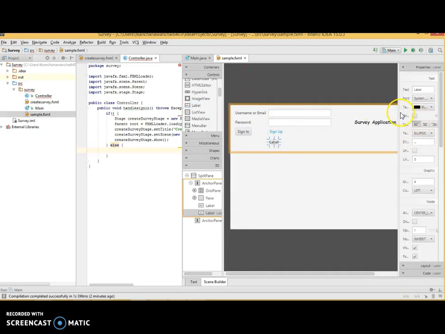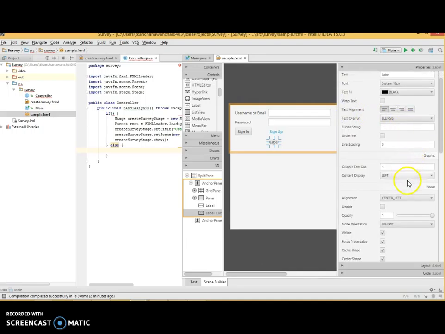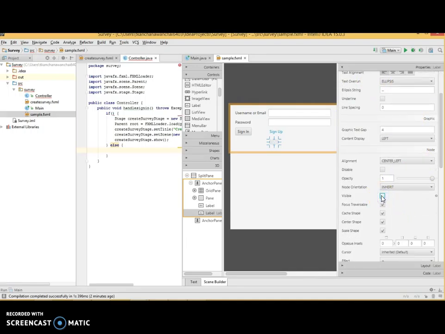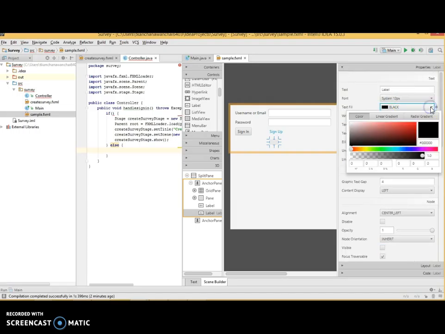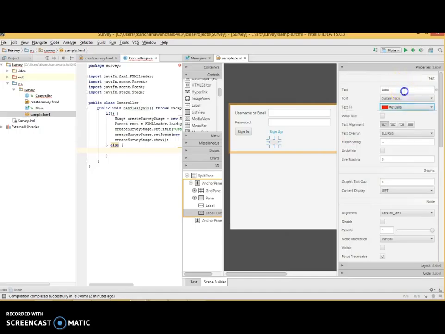Visible false, then you don't see that. And text with color red, right? And then fail